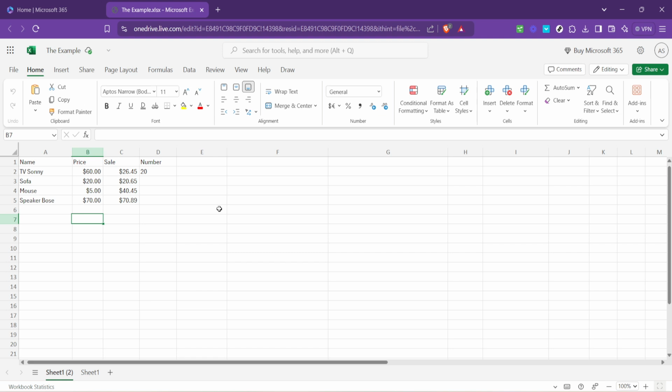In summary, starting with logging into your Microsoft 365 account, locating your Excel file, and finally refreshing the page, you now know the simple steps to refresh an Excel sheet online. It's a handy little trick that can make a big difference in managing and updating your data effectively. That wraps up our quick guide on how to refresh an Excel sheet. Whether you're crunching numbers, analyzing data, or collaborating on a project, keeping your data current is key. And now you're well equipped to do just that, ensuring you and your team are always on the same page.